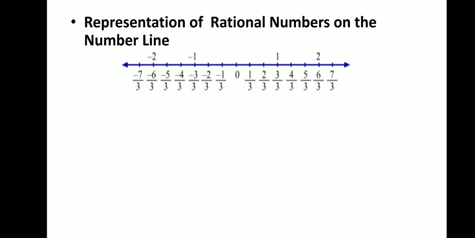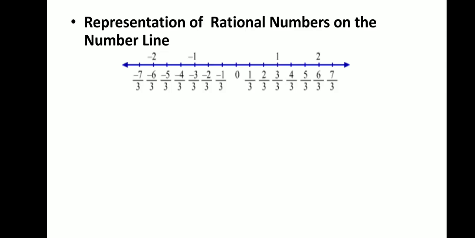Now, here in this diagram, I have tried to show you the rational numbers between one unit, that is 0 and 1. Like here in this case 1 over 3, 2 over 3, 3 over 3, that is equal to 1. These are the rational numbers between 0 and 1. Same is the case on the left hand side of 0, that is 0 and -1. The rational numbers will be -1 over 3 and -2 over 3.